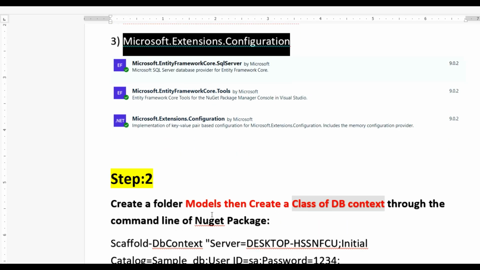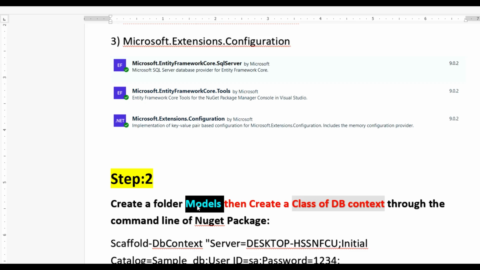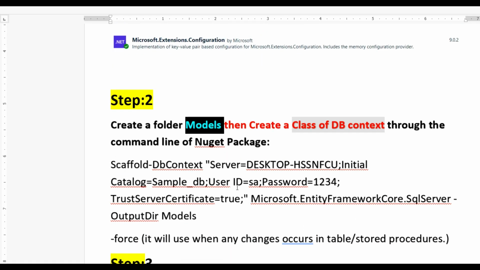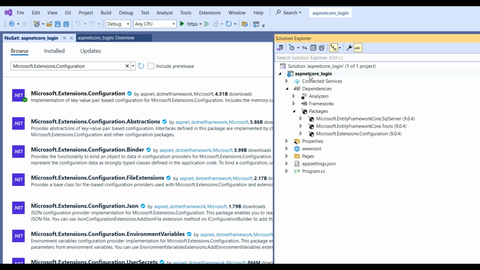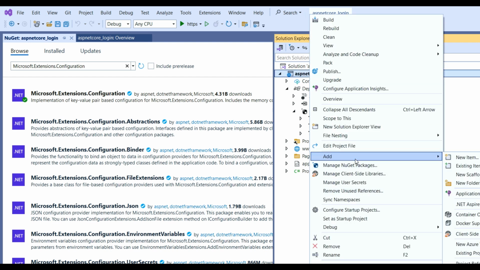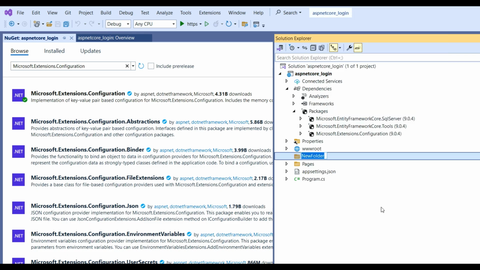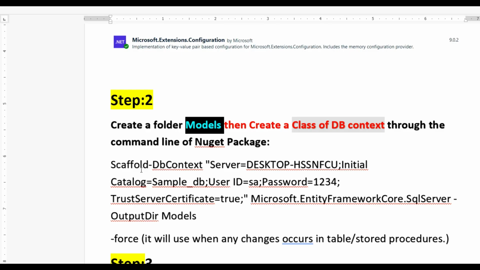After that, the second step is to create a folder named Models, and then we will create a Scaffold-DbContext through the command line of NuGet Package Manager. So go here and first we need to create a new folder. The folder name will be Models. After that, you can see the creation of the DbContext class so that it can connect to the database through